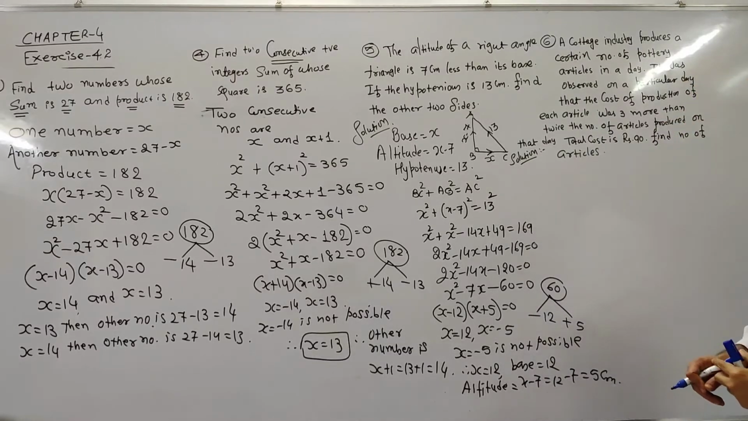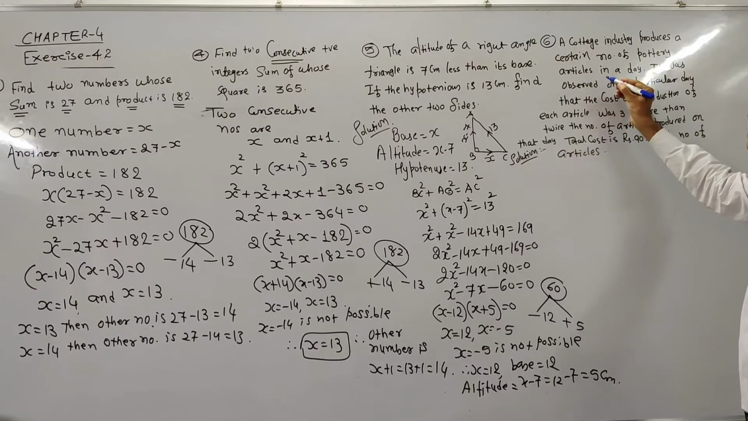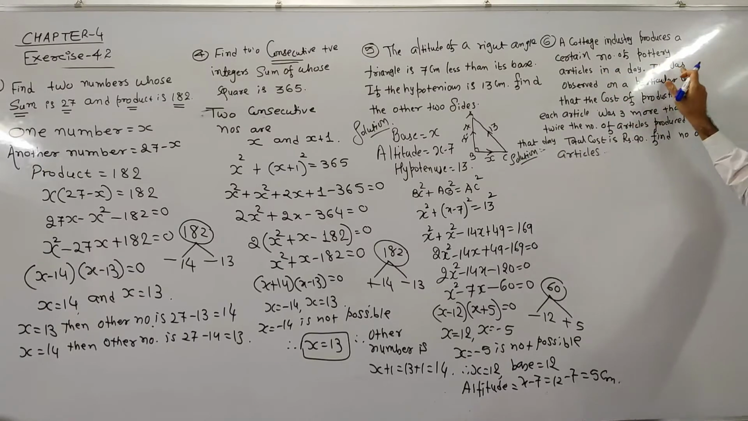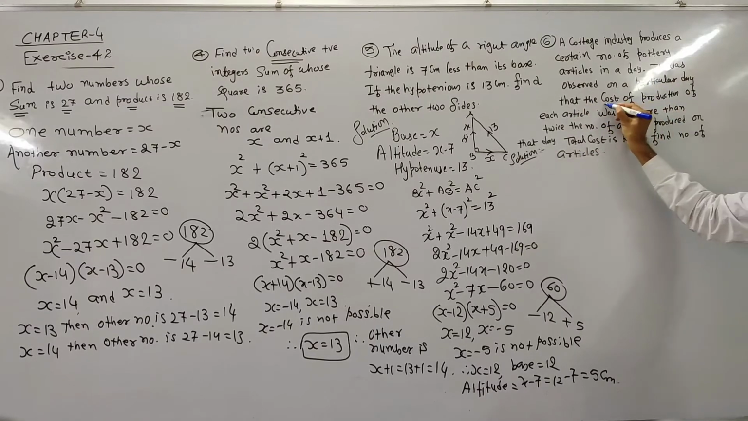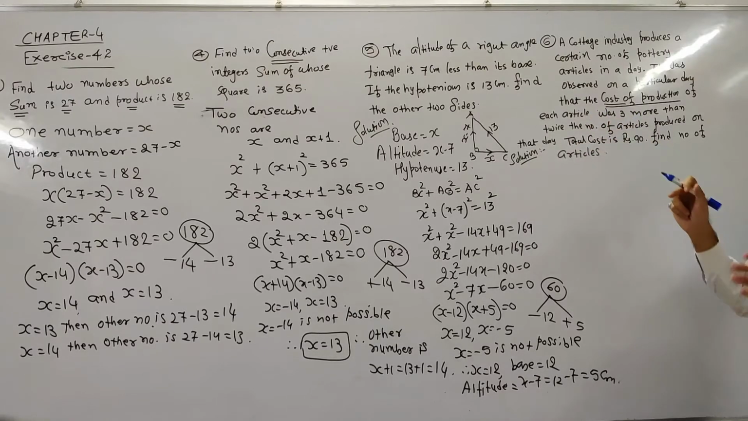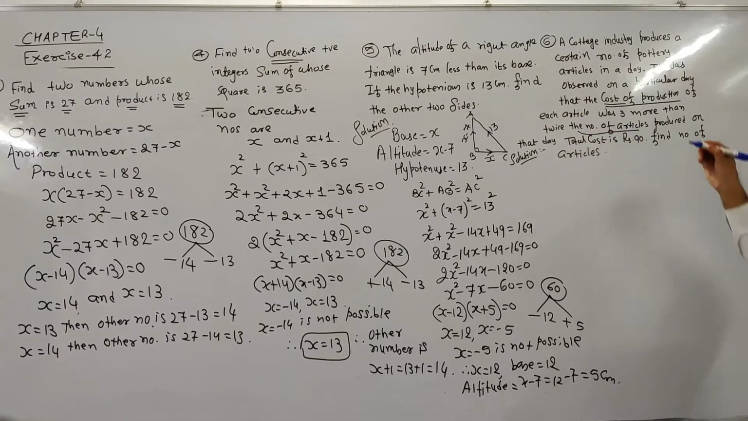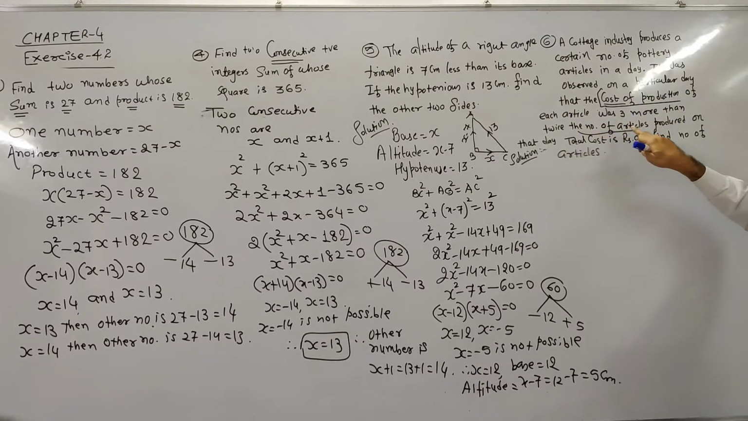Well, now example number 6. A cottage industry produces a certain number of pottery articles in a day. It was observed on a particular day that the cost of production of each article was 3 more than twice the number of articles. Very important relationship is given to you. The cost of production of each article was 3 more than twice the number of articles